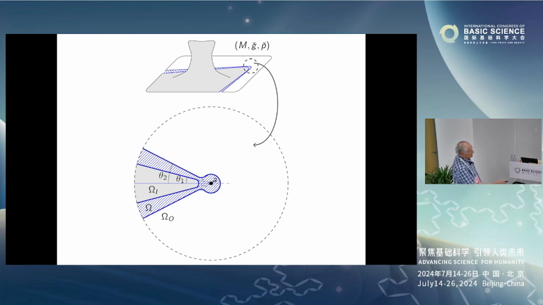And then there's an omega interior, so it's called omega sub I, and there's an omega exterior. So in the exterior, we want to make the metric flat. We want to make it Euclidean in the exterior, and in the interior, we want to leave it alone. So we're going to keep the metric fixed in omega I, and then there's this transition region, the shaded region there, that it will have to transit. But the metric can be as smooth as you want. So we can choose any degree of smoothness, and the scalar curvature will be identically zero.